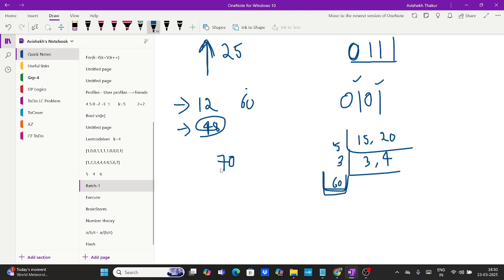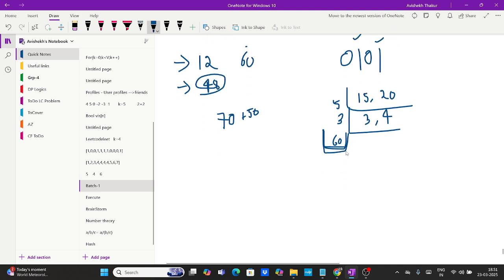Use your brain a little, you will get the answer. Taking the next multiple of this, correct. So it is nothing but plus 50. Correct, right? Because 60 into 2 is 120. So let me ask you, let's say the LCM is, let's say,